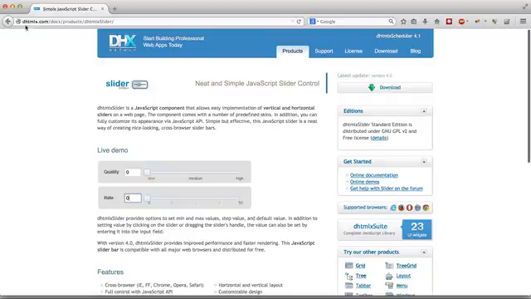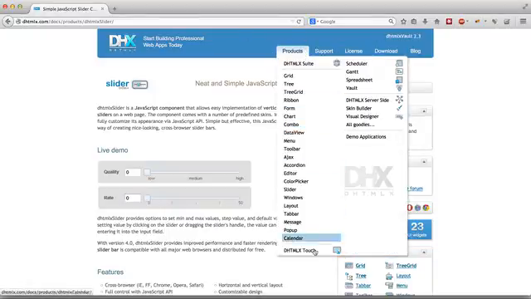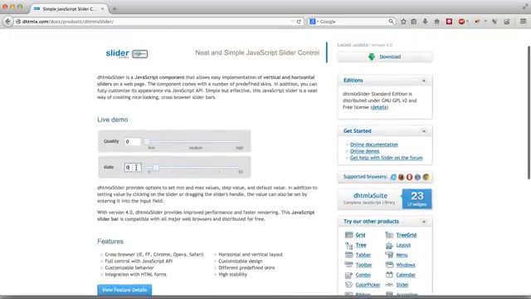We're again using the same website, htmlx.com, and you can go to products, other components, and slider. You will be landing on this page, and there are multiple ways. If I put maybe 30, it should move the slider also. If I move the slider, it changes the text also. So there are two ways to work with the slider: moving the slider, or putting the text and hitting enter. Let's see how that works